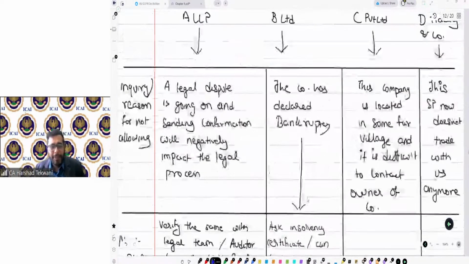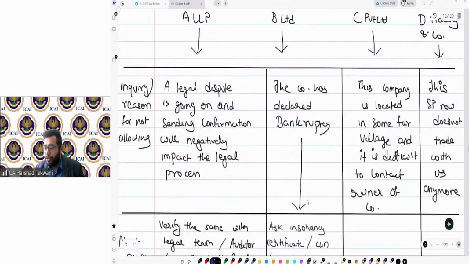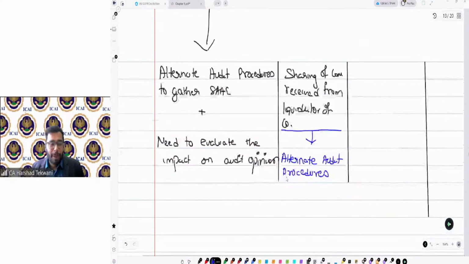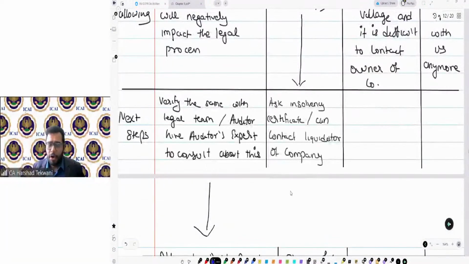Plus, when I say it is insolvent or bankrupt, I need to check the provision also, whether appropriate provision has been taken or not. And sometimes it is mandatory for the creditor to confirm the balance. So whether they have confirmed the balance, the details of the communication, that will be your triggering point or the alternate procedures that you need to perform. Whatever we discuss, that's an alternate audit procedure.